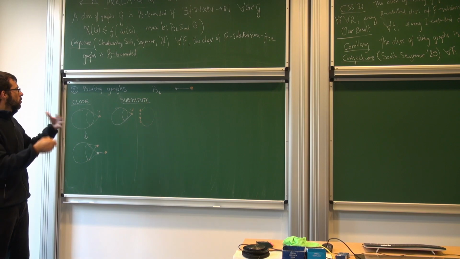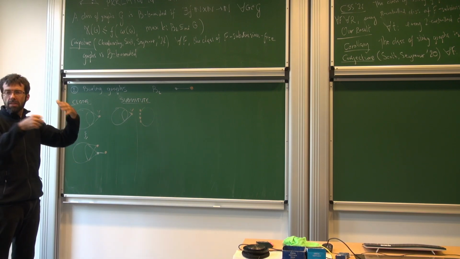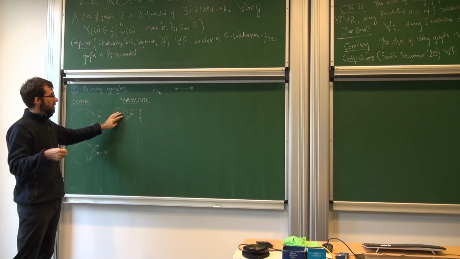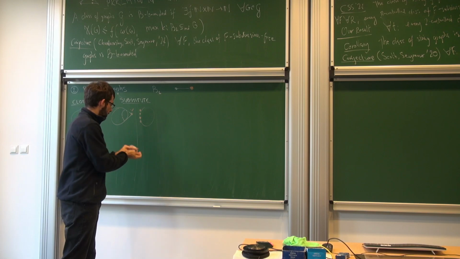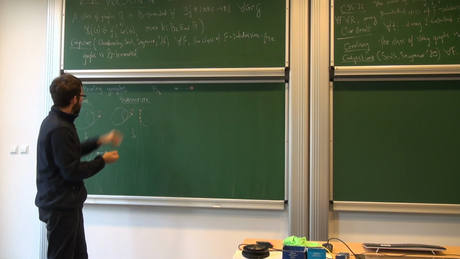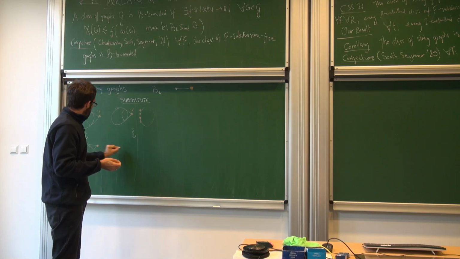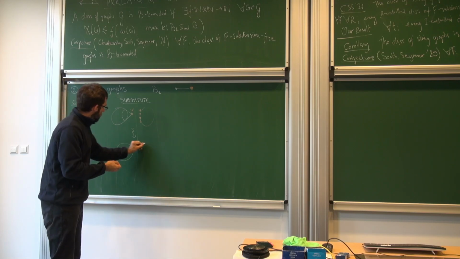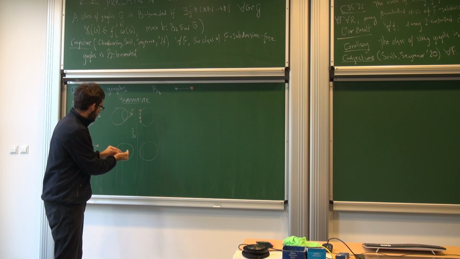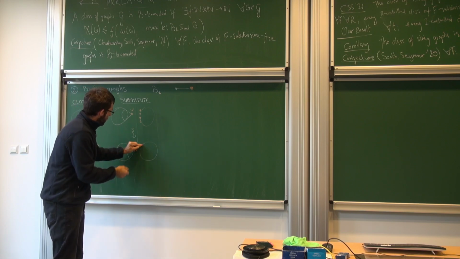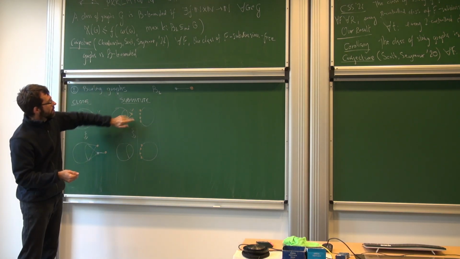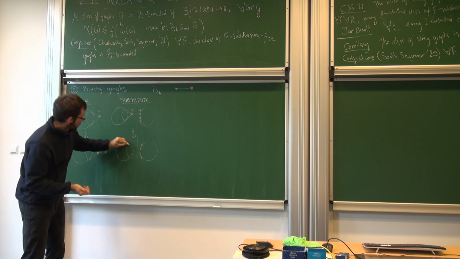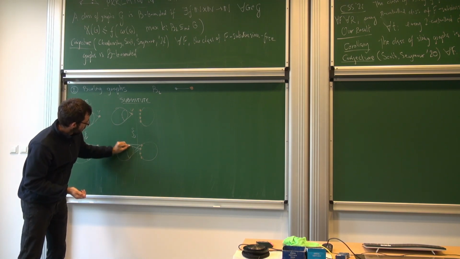I'm taking two graphs which can be constructed in some way using these operations, and the result is defined from both of these graphs. It looks as follows: we substitute these marked vertices for this one. So we get